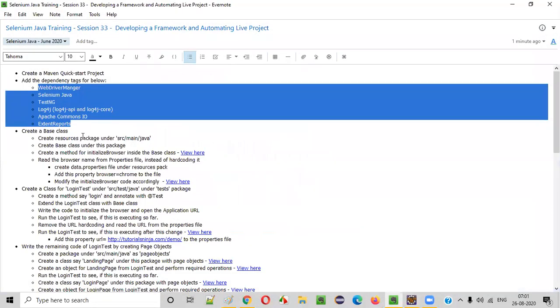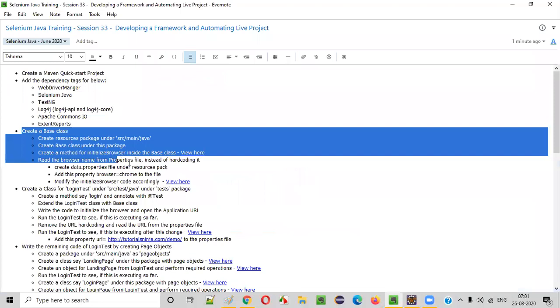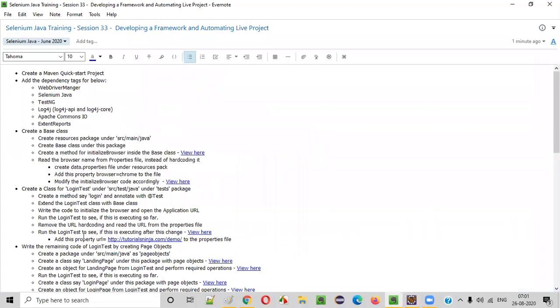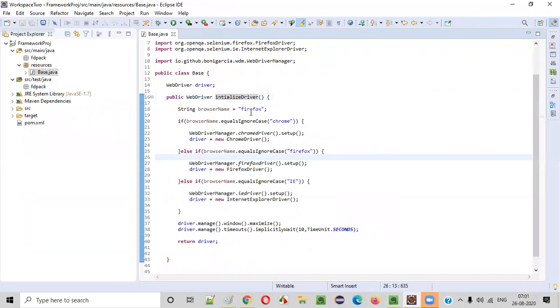So next thing is, here we have done something, guys. If you can see here, we just hard coded this Firefox. Right? This Firefox is hard coded. You should not hard code this Firefox.